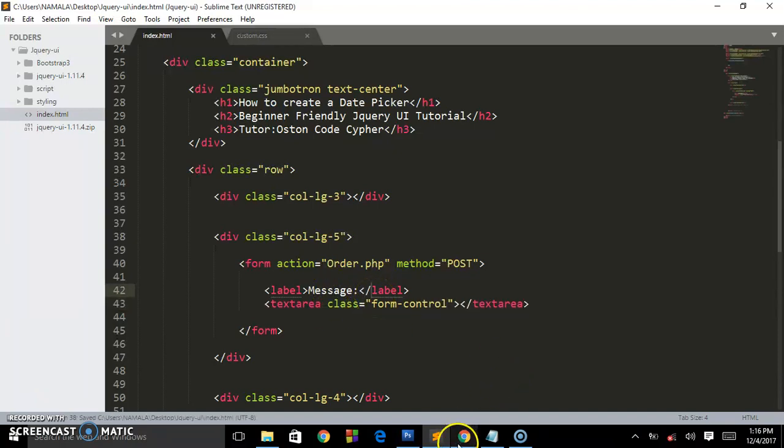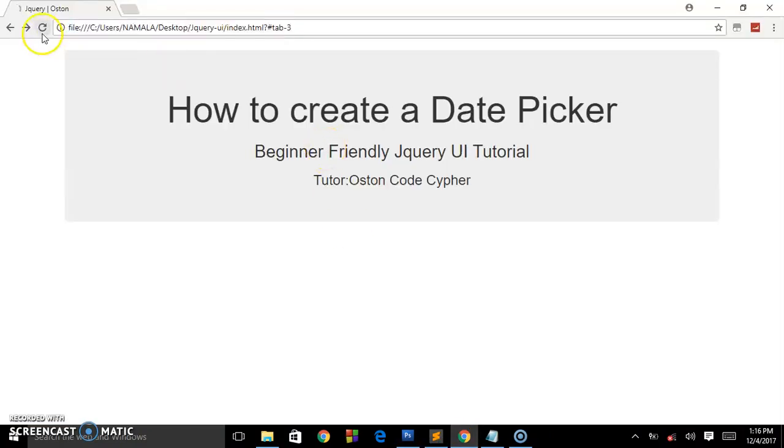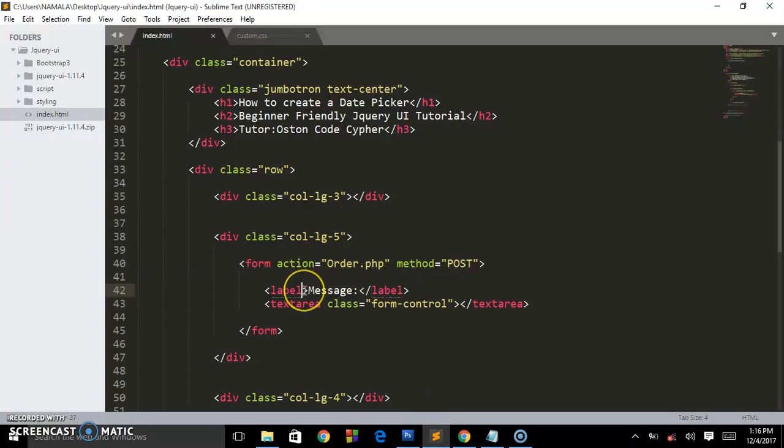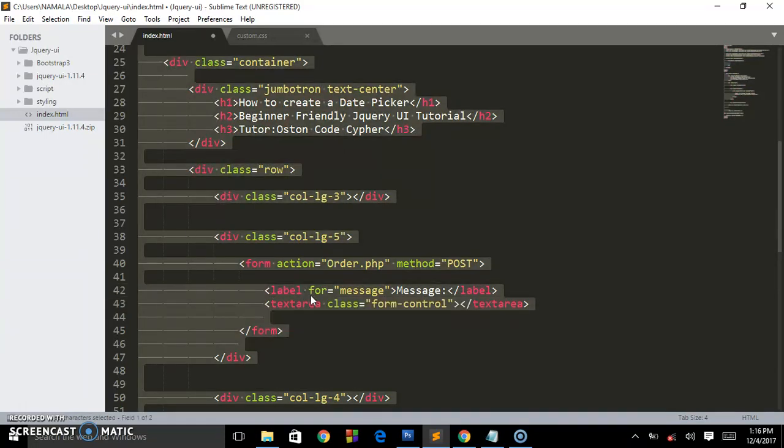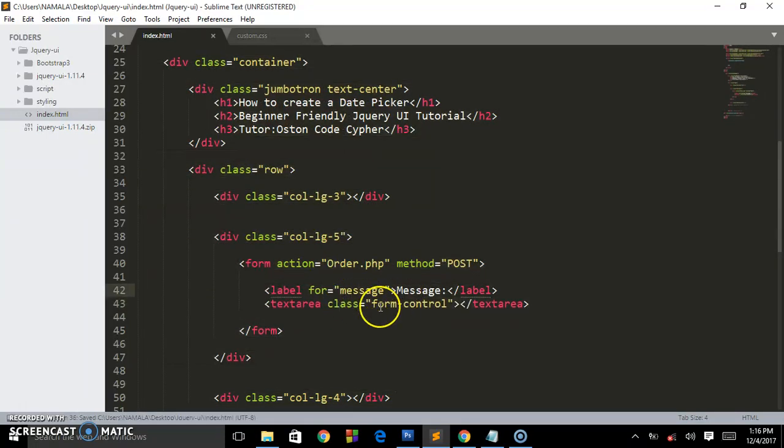So when we save that, this is what we shall be having. So you have this nice looking text area field. So here you can put for message. That's also another attribute in case you are going to be targeting those languages. So for message, in case you are targeting it for JavaScript, you want it to change after submitting, so you'll be using that. Then let's create another label,